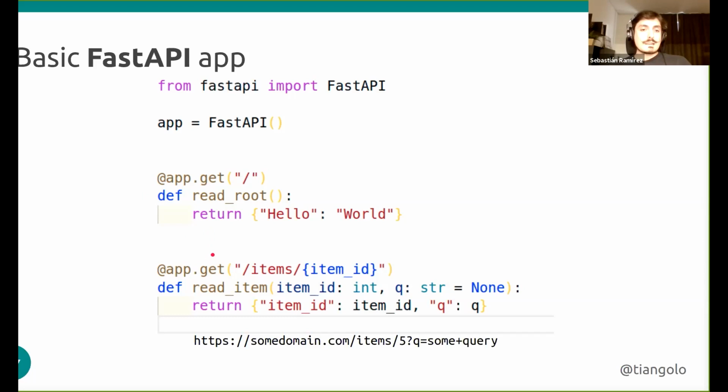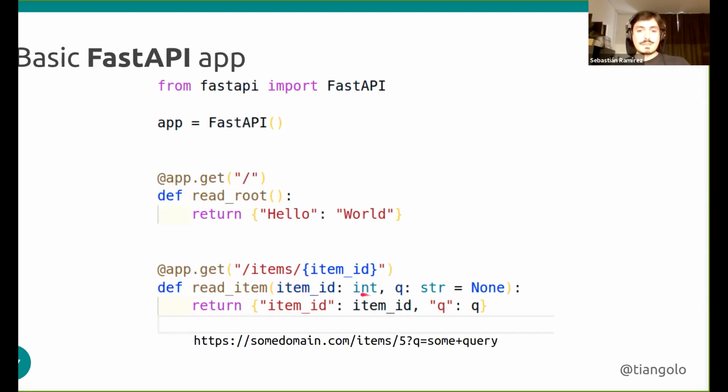Now let's create another endpoint. So we are saying that this is the path that we are going to take. It's going to be /items, and then in curly braces we pass a variable here. These curly braces are the same that we use in f-strings, the formatted strings in Python. We are just not putting the f here because we don't have a variable item_id, but the syntax is the same, so it's easy to remember. And then this item_id is going to be a variable that goes in the path, and we are receiving that same variable here in the function.